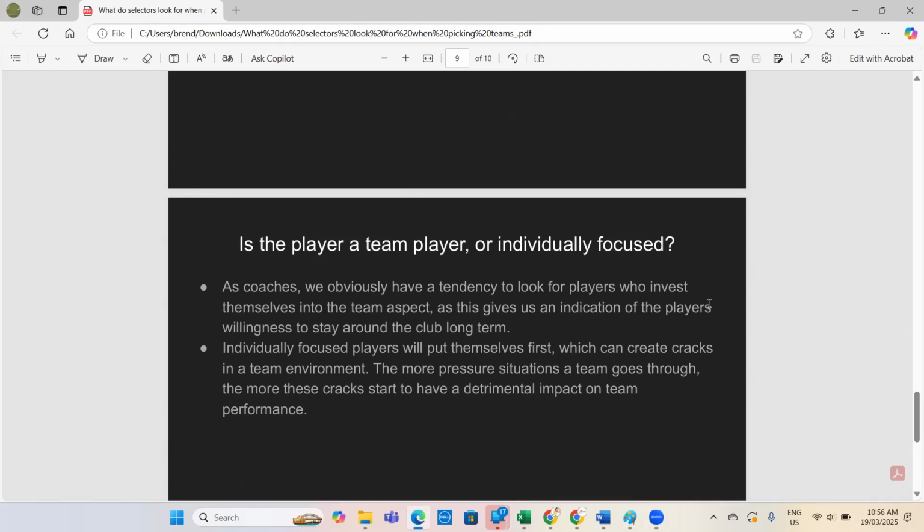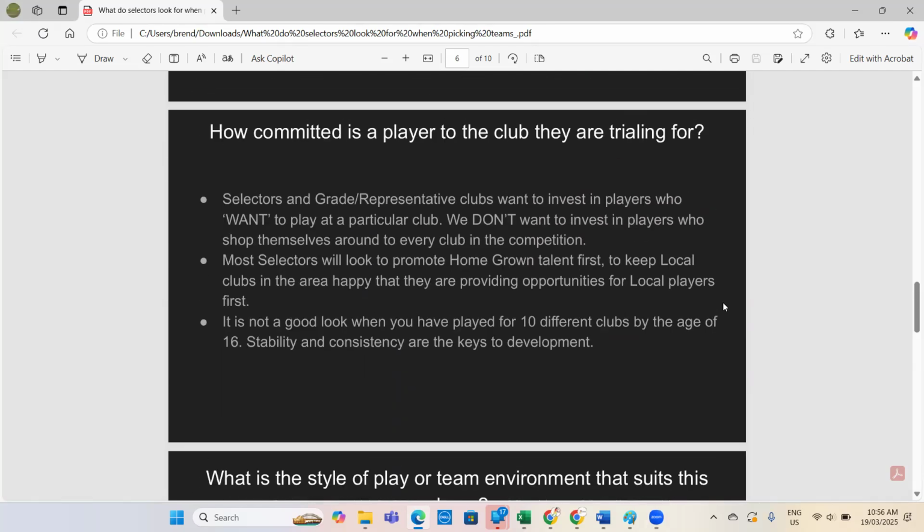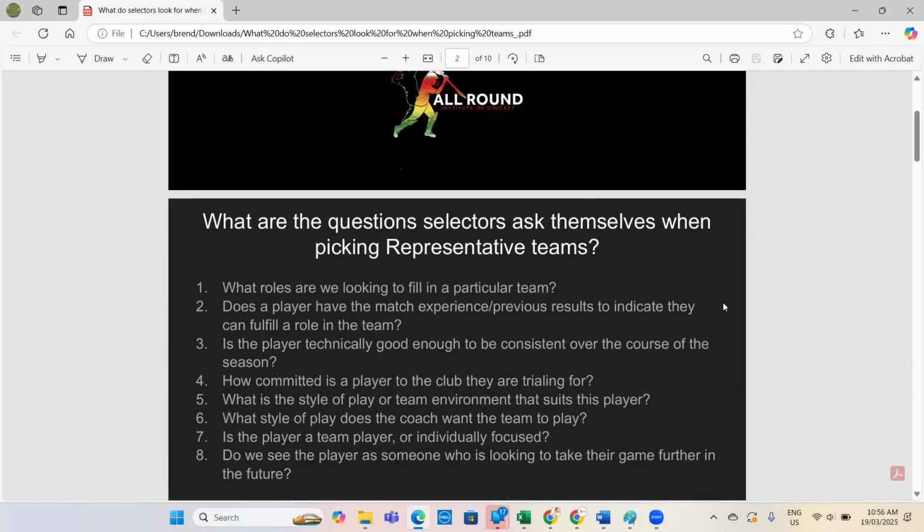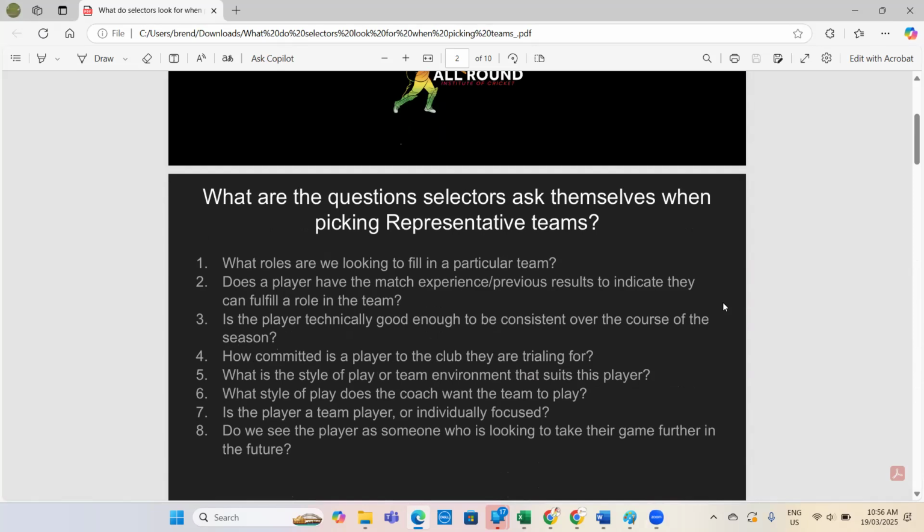we go back to the top. I don't think there's any one question here that is more important than the other. I think they're all important because they start to build an overall picture of particular players and particular teams and the way that they're selected. Each team is selected very differently because obviously the roles are very different. Because the kids trialing might have different qualities each year. They might have different styles of play each year. There might be different commitment levels each year as well.